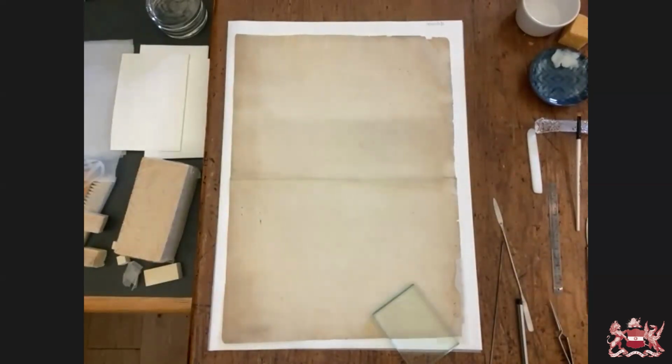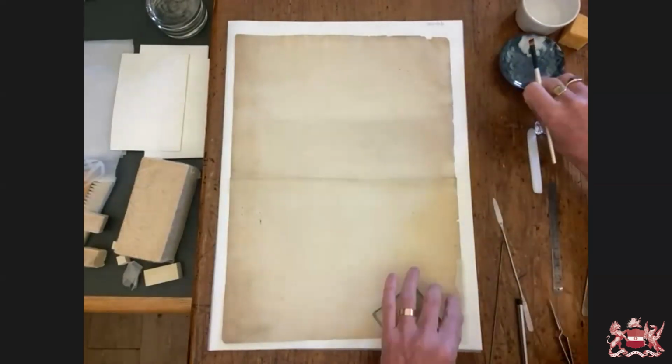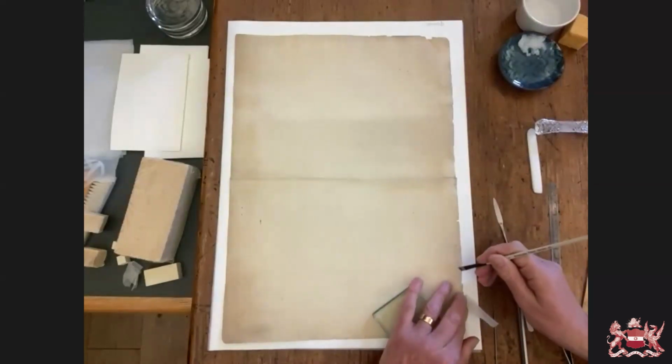And we use a wheat starch adhesive. This is Shofu. It's a really good quality refined wheat starch, and it's had the gluten removed, and the repair can then be attached. I'll lift this back and just lightly paste out an area,